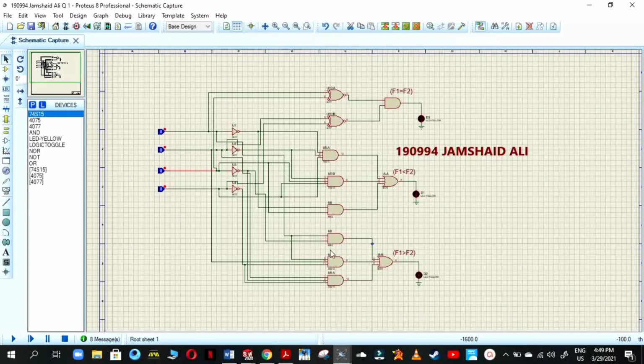These 3 AND gates are combined by using an OR gate operation, and this condition will tell us if the first input is greater than the second input, then this LED will turn on.